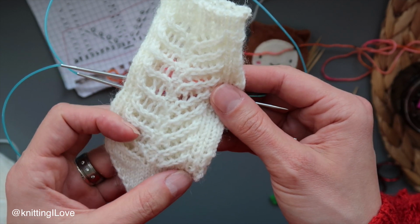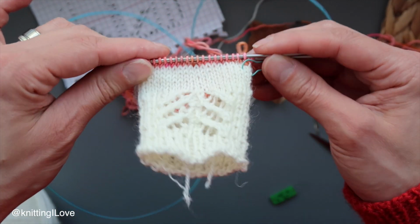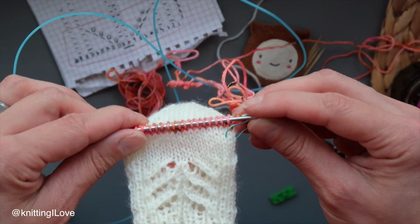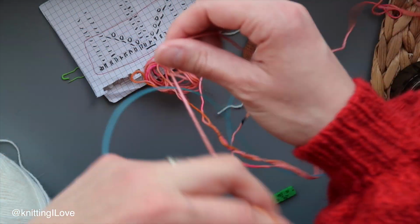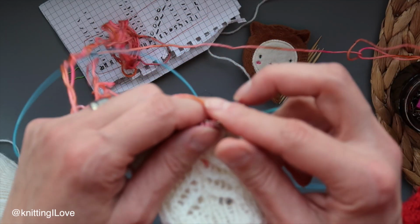You could see that we already did knit together and SSK, so that's what we will be doing here. We're going to do it on one needle, and then we're going to repeat it on the other one, and that will be our decrease round. And after that round we'll just have a knit round. So we're going to knit one,